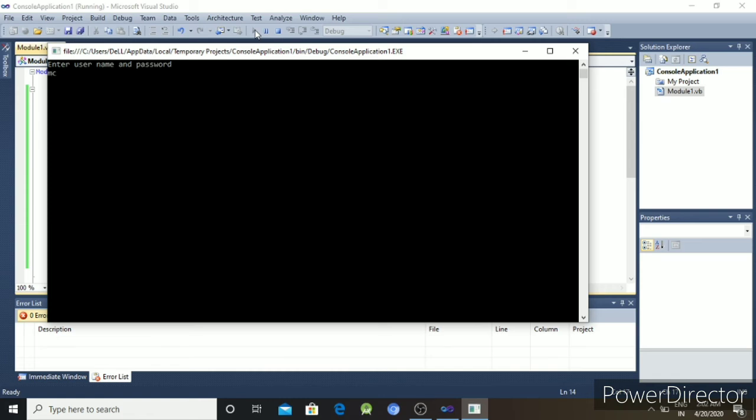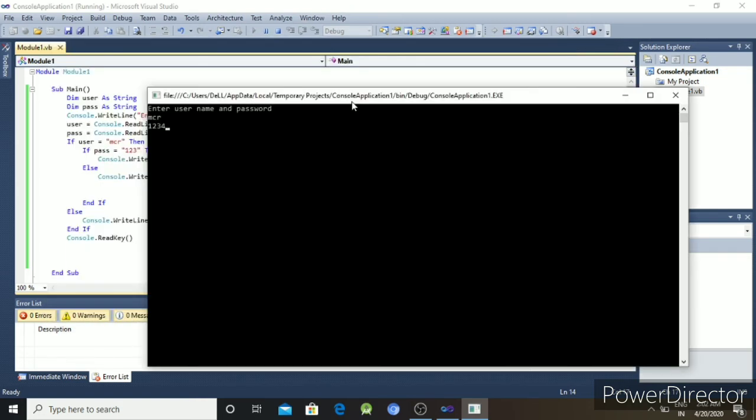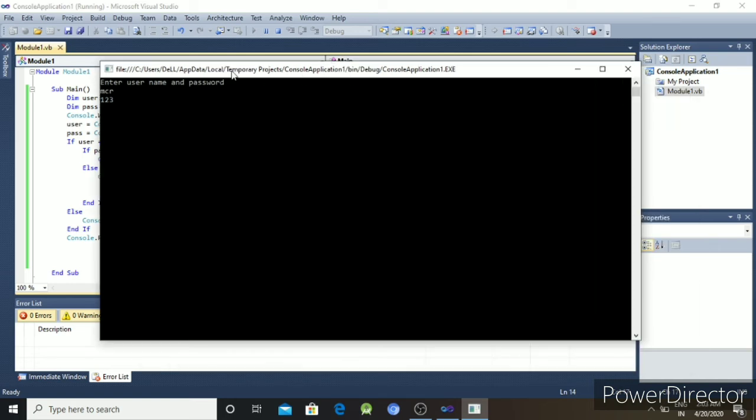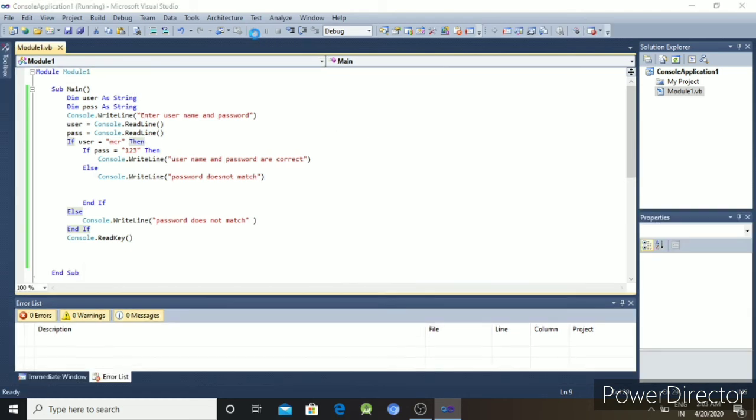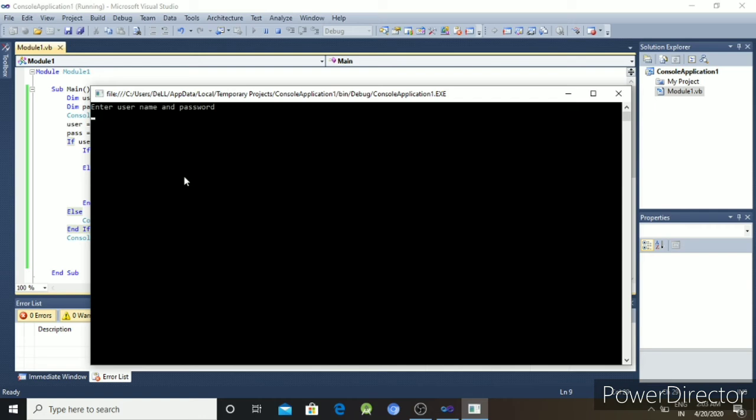So the username is mcr and the password 123. Enter. Username and password are correct. Our program executes successfully. Then again run the program and check whether the else statement is working or not.